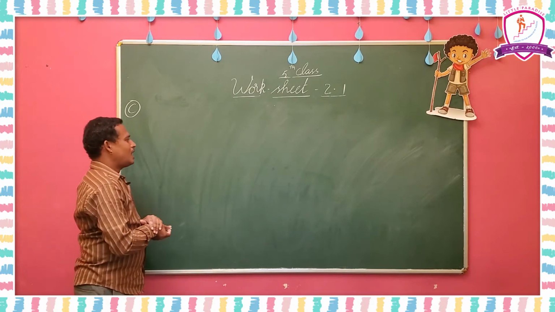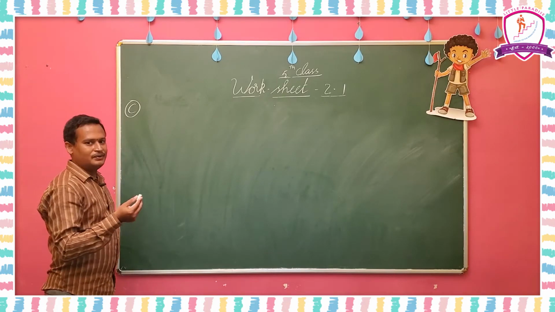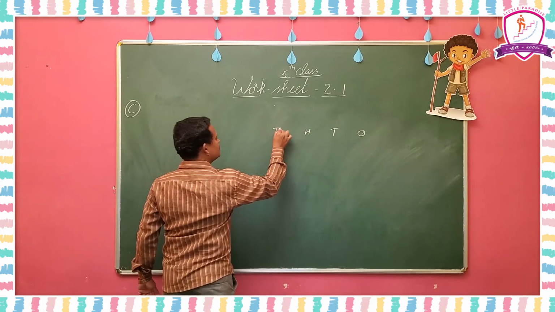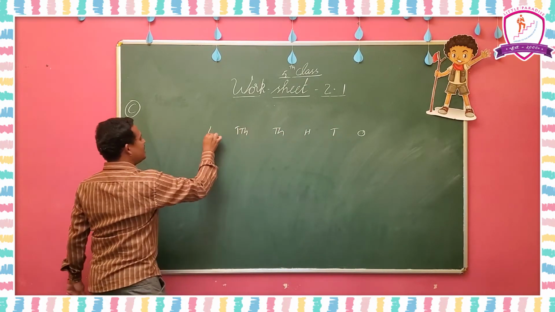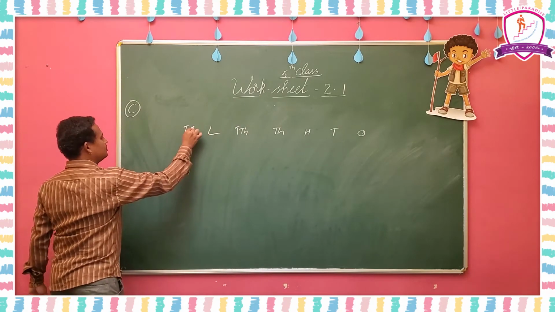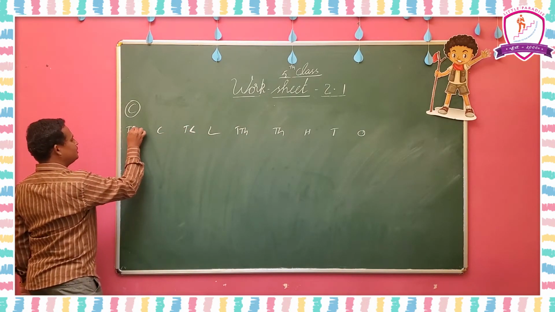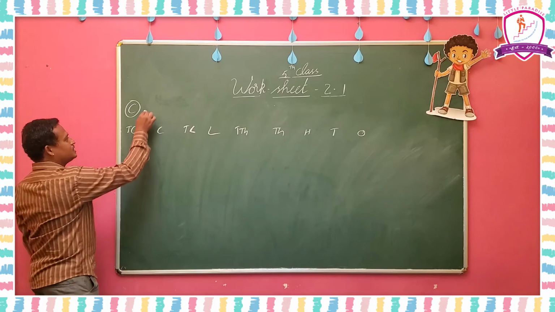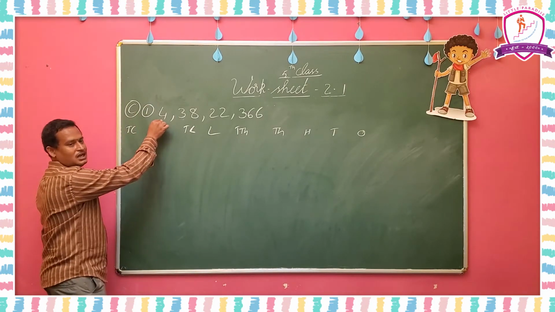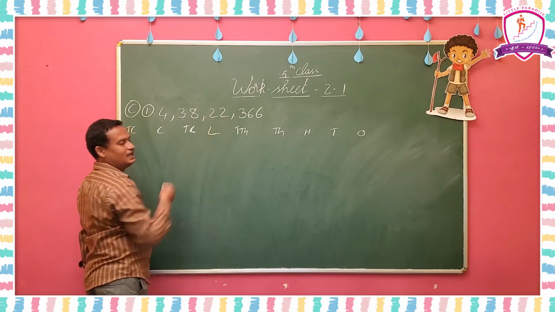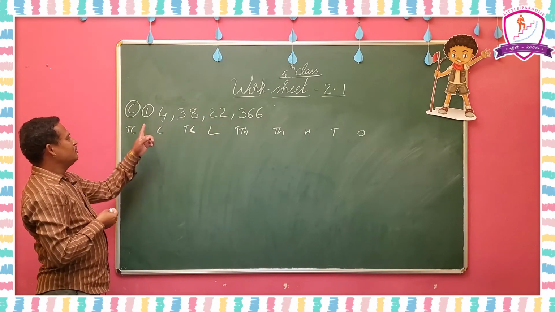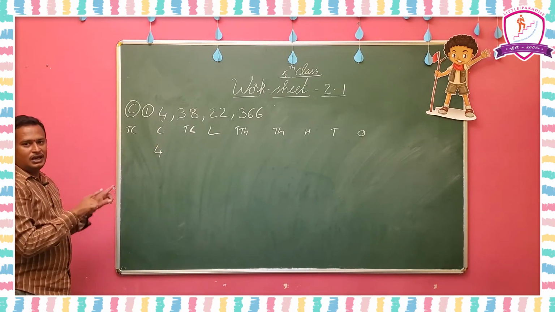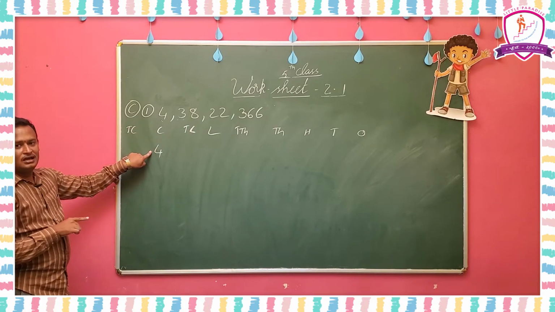Understood? So already the table is there. I am going to explain it with an example. So ones, tens, hundreds, thousands, 10,000s, lakhs, 10 lakhs, crores and 10 crores. So you have to fill the numbers. So what is the first one here in the question? 4 crores 38 lakhs 22,366 is there. So here 4 is in the crores place, so you have to write the 4 in the crores block.